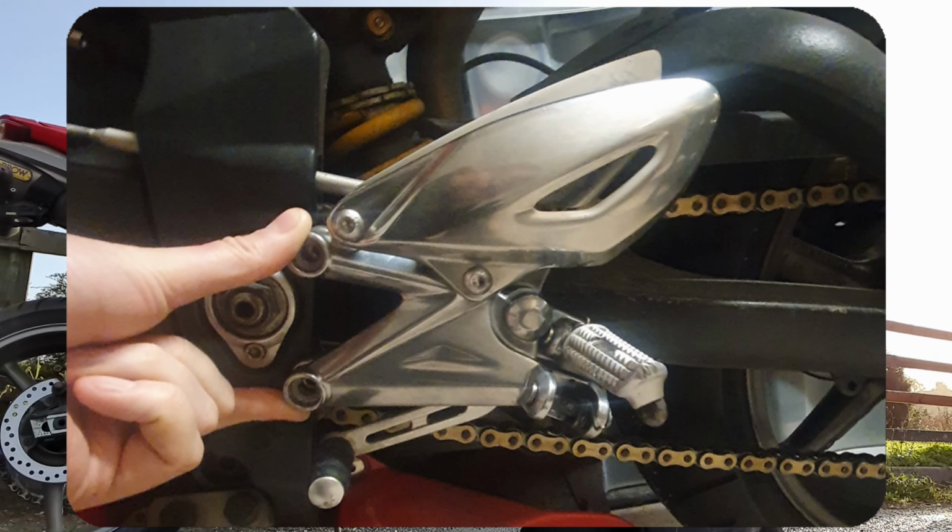Continuing on the subject of comfort, one of the previous owners had set the suspension on this bike incredibly stiff. I mean, it was like riding a rock. The spring at the back there was squashed. There was almost no suspension travel. Same with the front forks. This bike has got fully adjustable suspension front and back, and unfortunately, yes, it had been set particularly firm, which